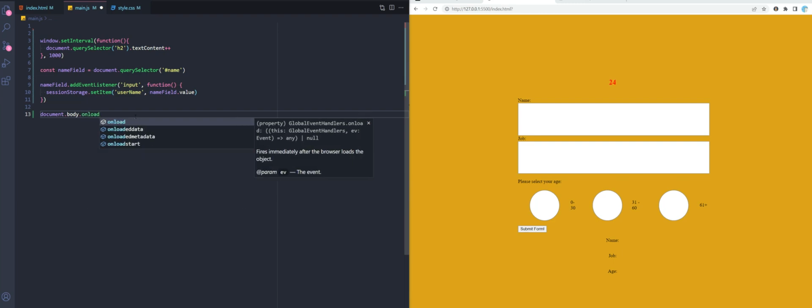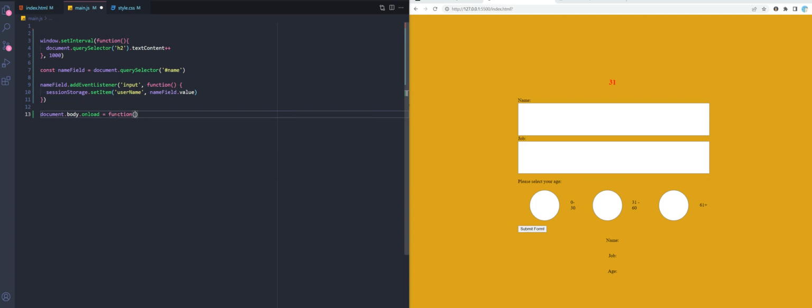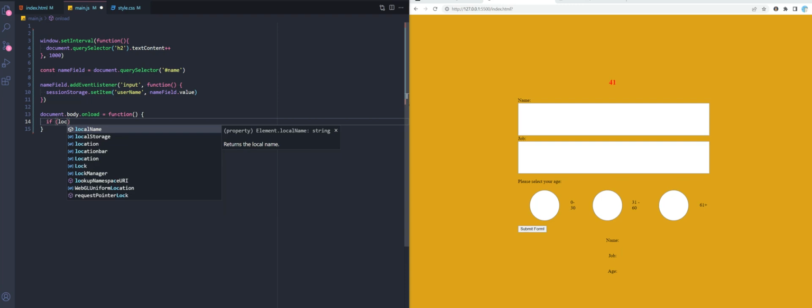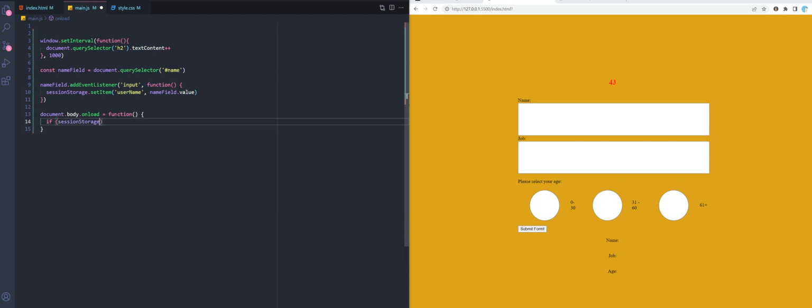Okay, look at what this says. Fires immediately after the browser loads the object. Cool, huh? Is equal to function. Again, no event object needed. And then we're going to go to, actually we have to check if local session storage, keep on getting messed up, if sessionStorage.length is greater than 1, because it has that default, right? It has that default value. If sessionStorage.length is greater than 1,